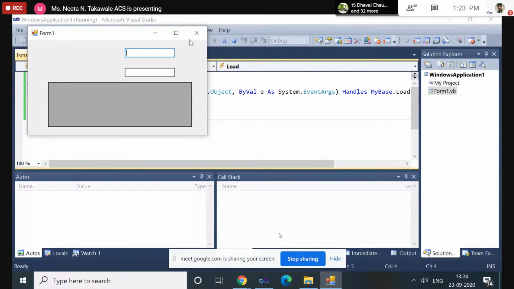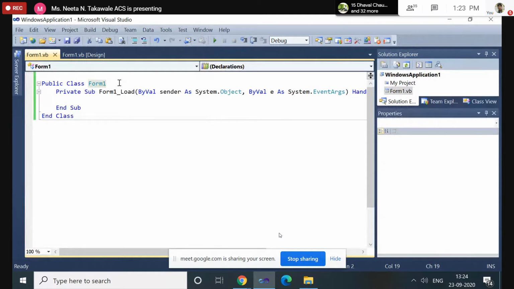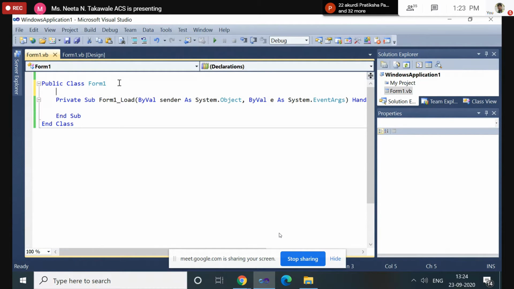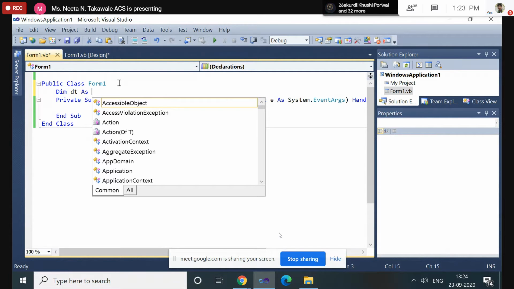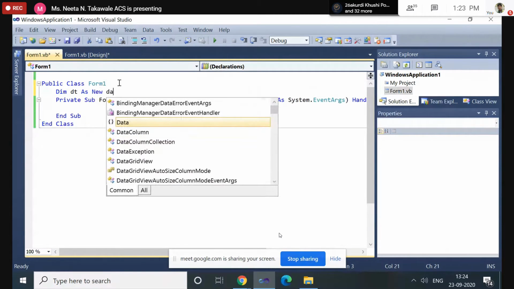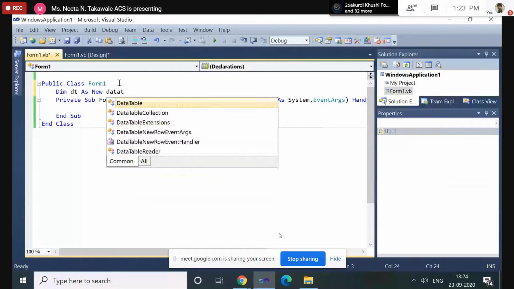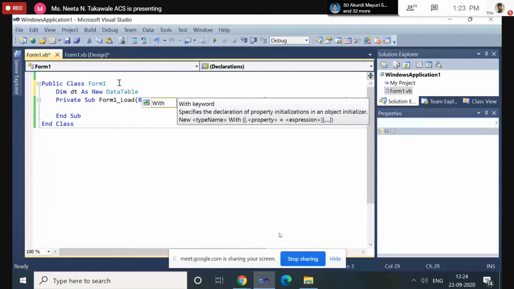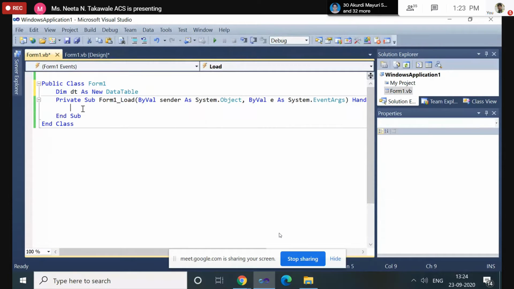So for that, first step is to create the object of data table. Dim dt is the name of the object, and this is the object of data table. So dt is the name of the data table.